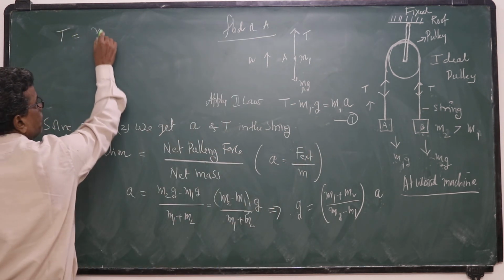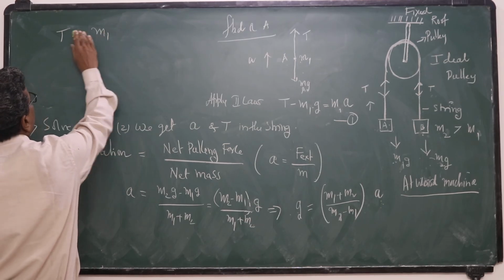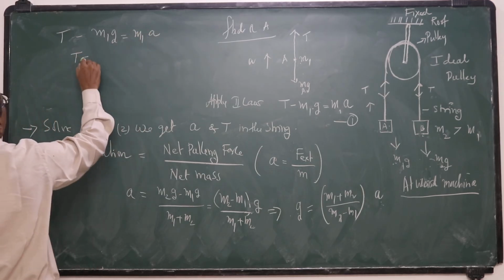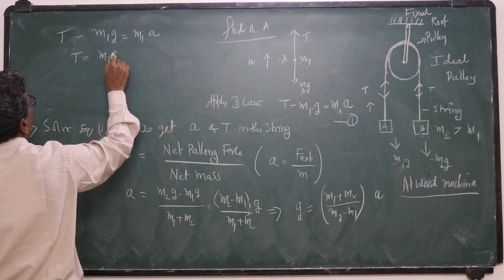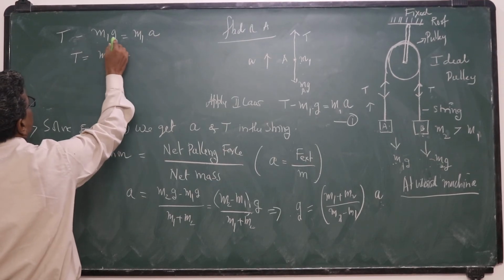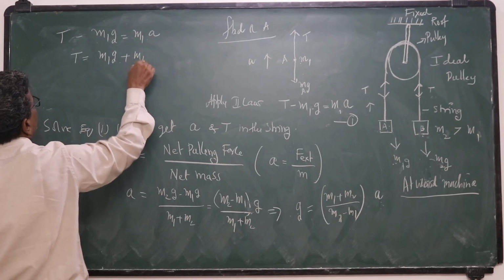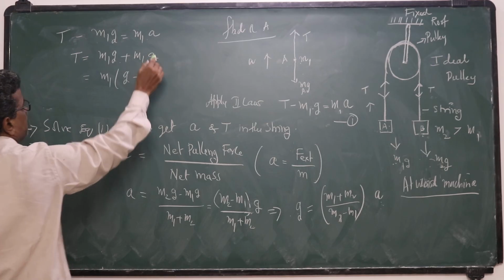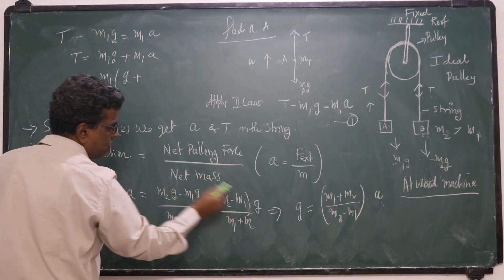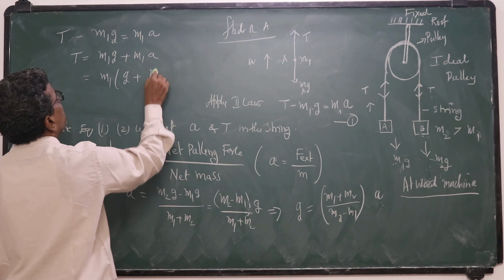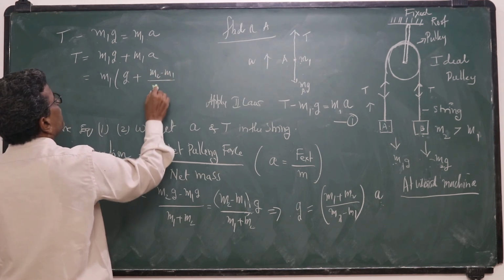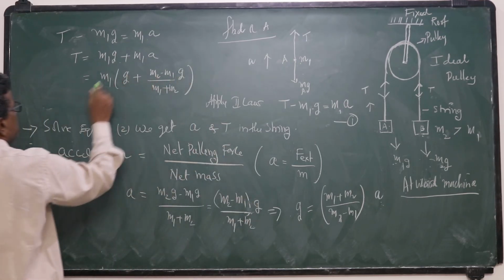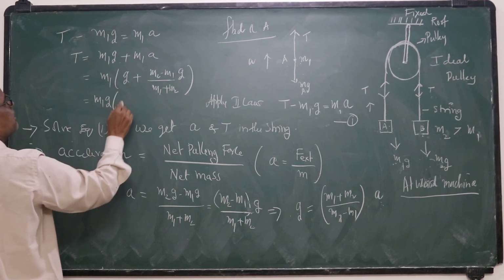T minus M1G is equal to M1A. So T, I want, M1G bring this side, plus M1A. So M1 you take as common, (G plus A). Okay? What is A? Instead of A, you substitute (M2 minus M1) by (M1 plus M2) of G. Okay? You take G also common. M1G, 1 plus